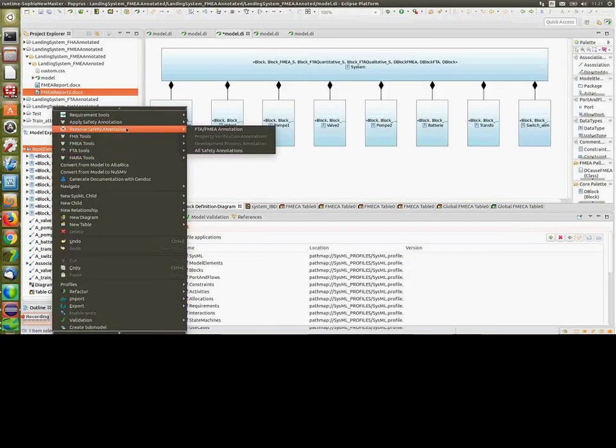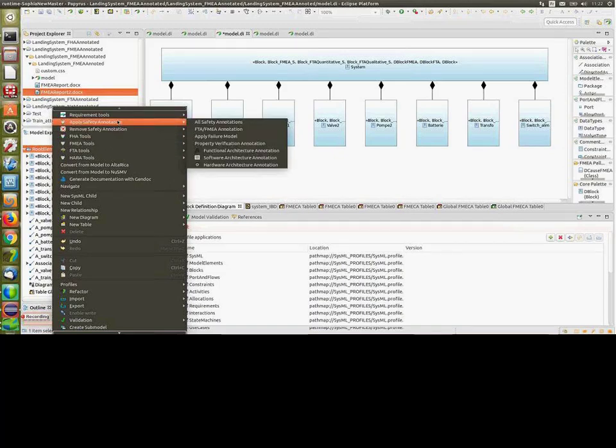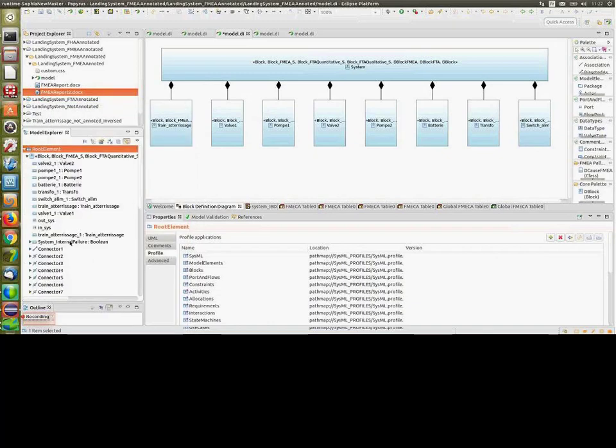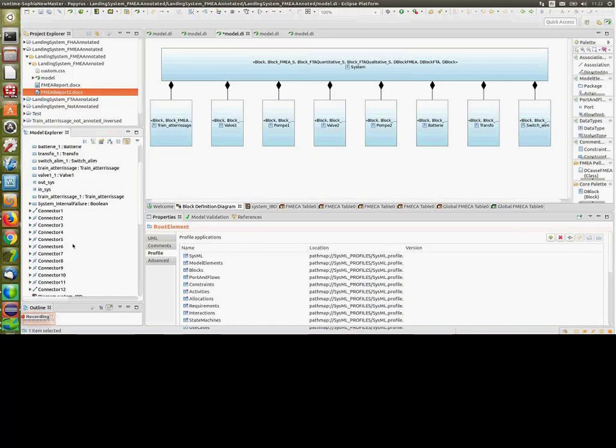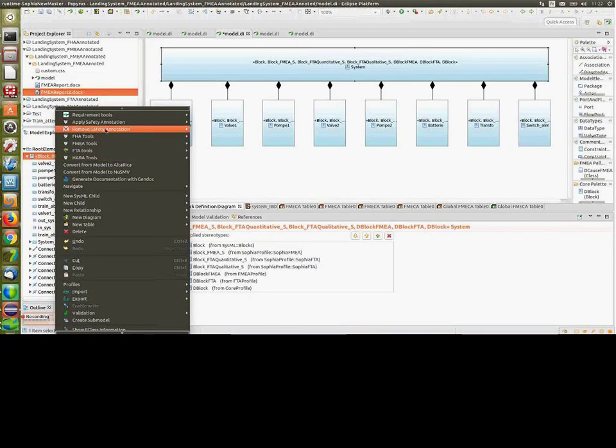The objective of this module is to settle the failure modes and then analyze the criticality of each block. So here I'm going to define, for instance, a failure mode for this component. What I have to do is to go here,